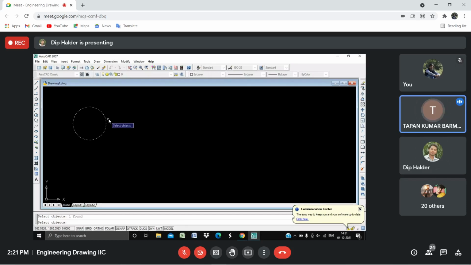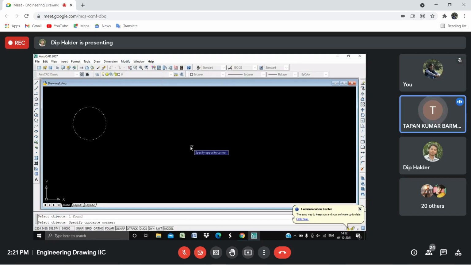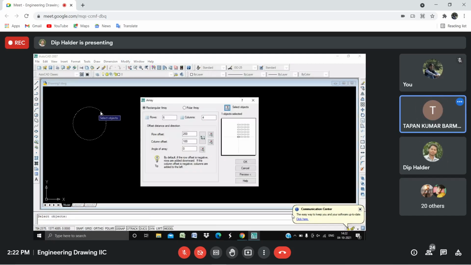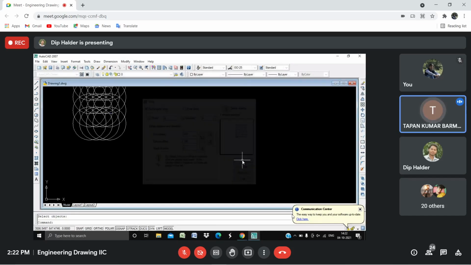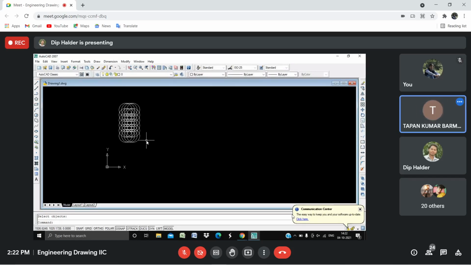Select that thing and press enter. Now go for preview. Since you have put a very small value for the offset distance, that is why the objects are overlapping.